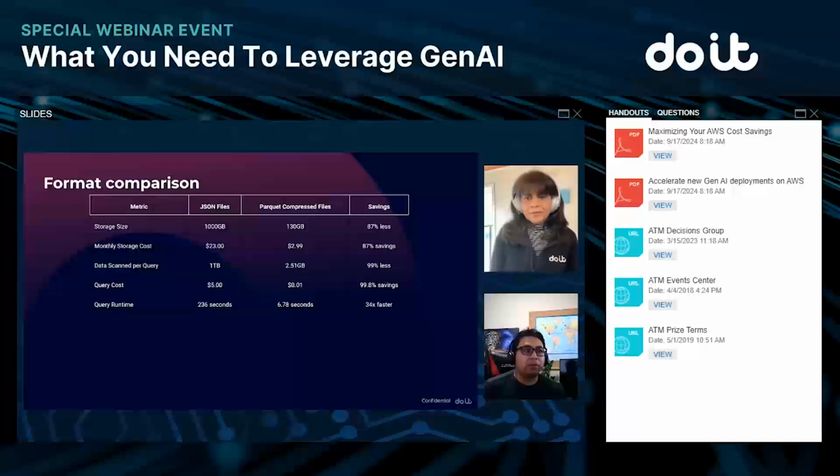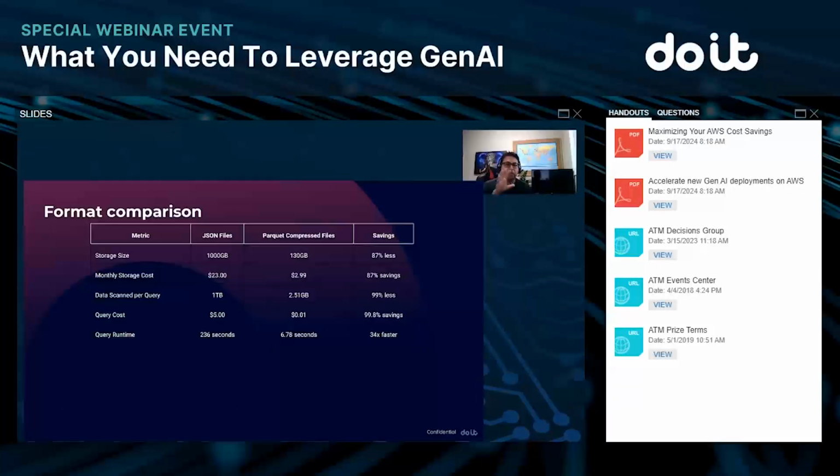Correct. And so we were talking about, like, Rupal was mentioning formatting at the beginning, like the formats. And I just wanted to give you a little bit of a sense as to what we're talking about and why this is important. Because a lot of us, when I started in data, I was like, oh, let's put it in JSON files or CSV files. I can quickly manage this with Python pandas or NumPy and go from there. And it really makes a huge difference.